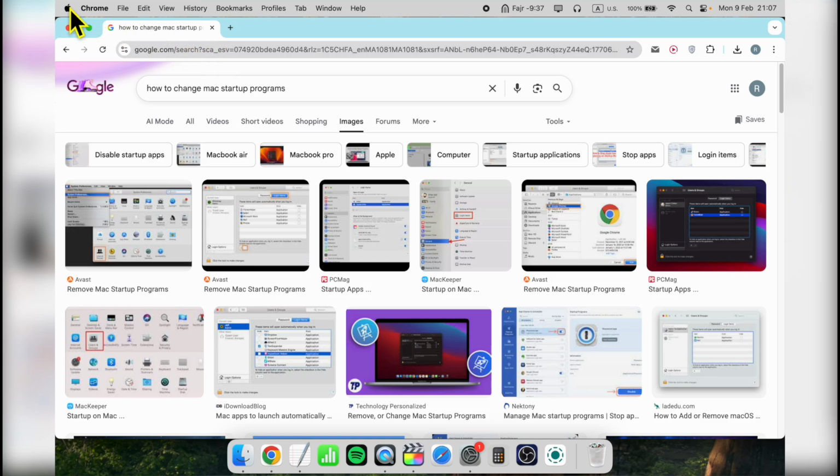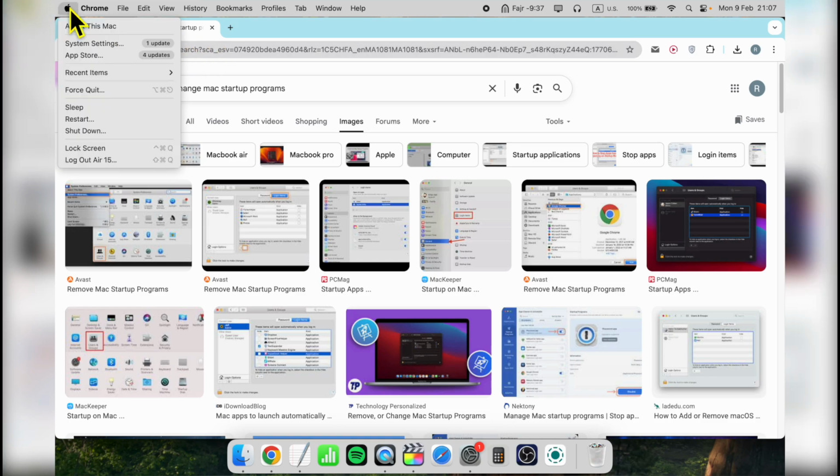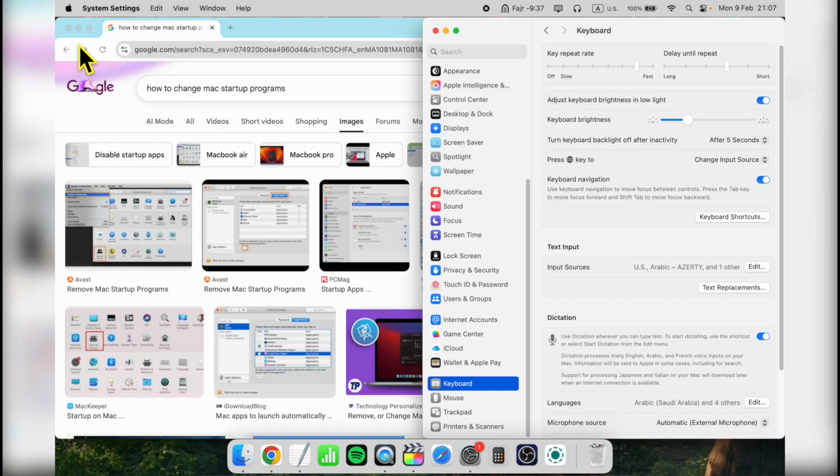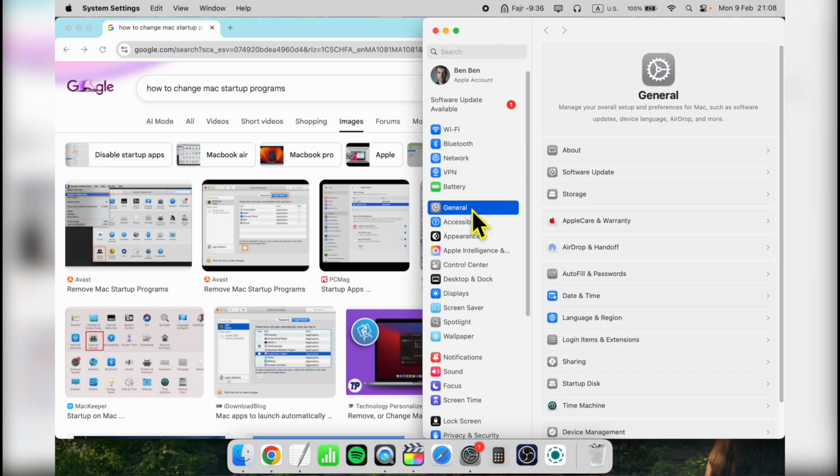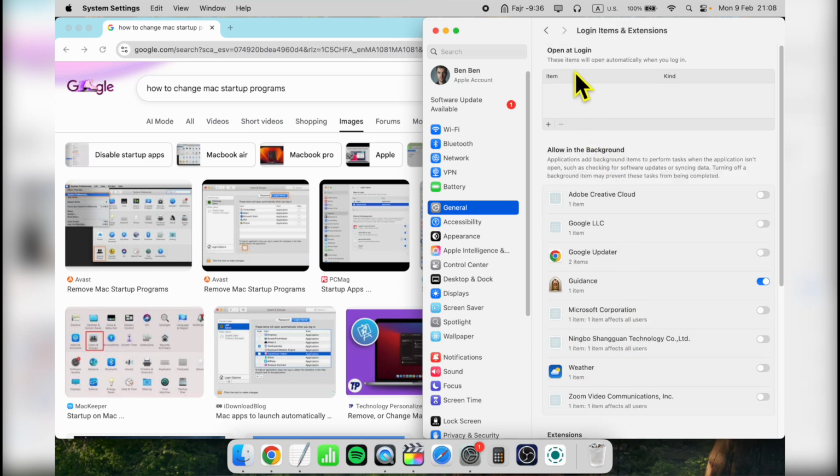So first, click on this little Apple icon from this corner. Select System Settings. Now, from this General page, click on Login Items and Extensions. And here you will see the list of the programs that you want to launch at MacBook